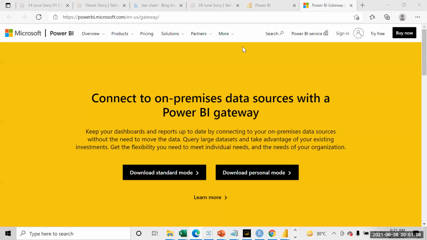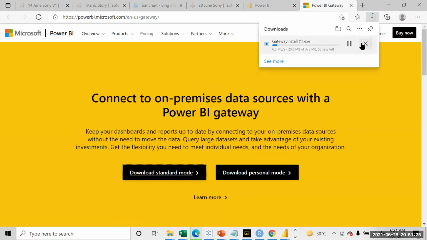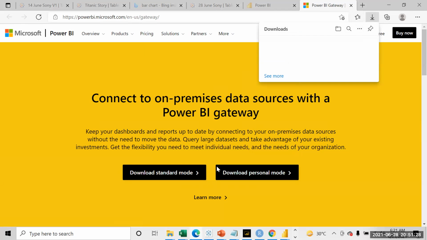Yeah. So this data gateway link that you have, you all downloaded personal mode. Now you will have to install the standard mode as well, if you want to set up the schedule to refresh your reports created from the SQL Server database. I already have it, so I won't be installing it, but you can download and install this standard. Please try this, just press install, because it will be required when I show you this after this.